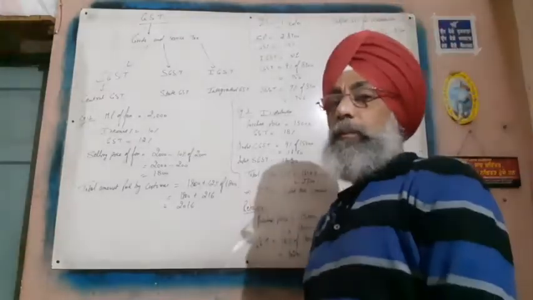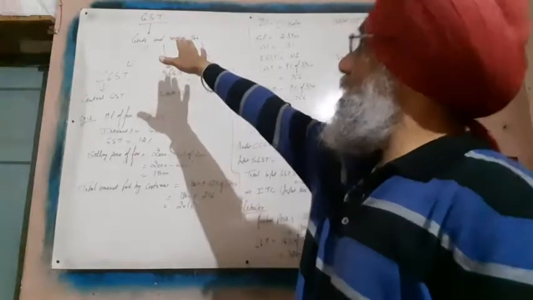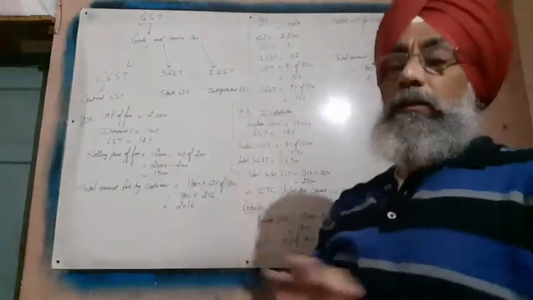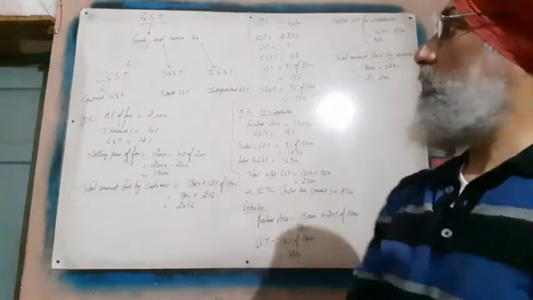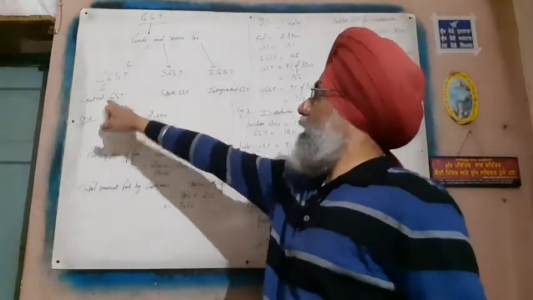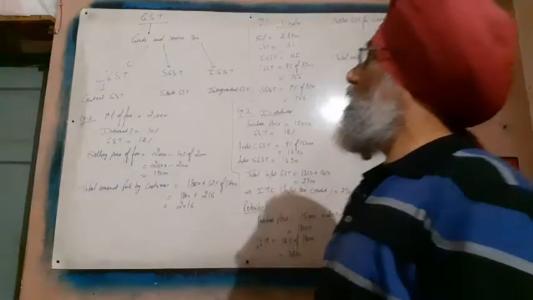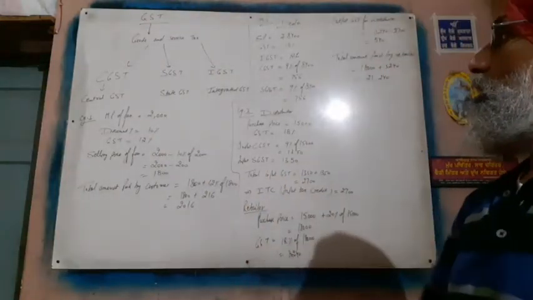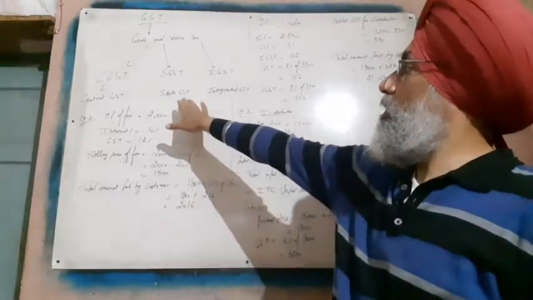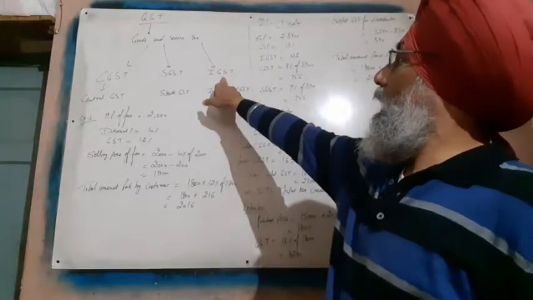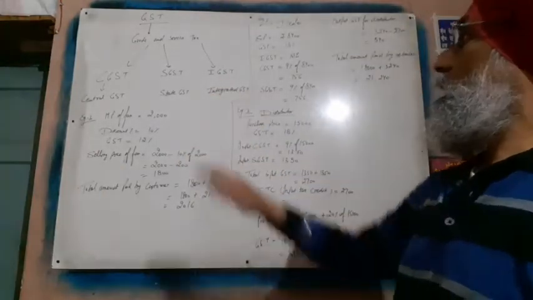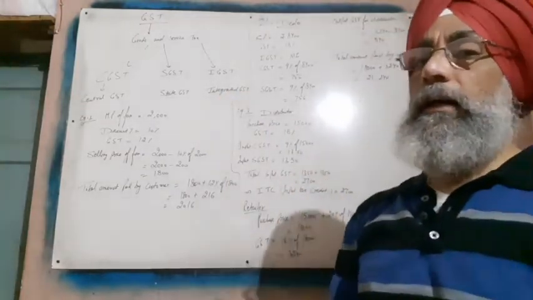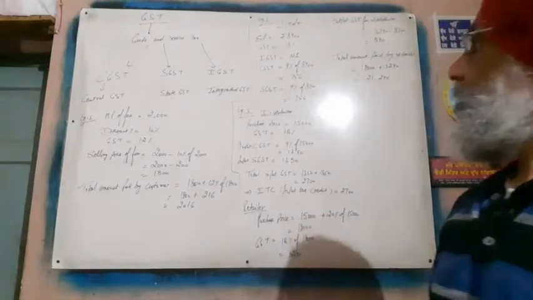We start with the topic GST. Now, what is GST? GST means Goods and Service Tax. It is divided into different categories. The first one is the CGST, that is the Central GST, means Central Goods and Service Tax, the tax which we pay to the center. Then is the SGST, that is the State GST. IGST is Integrated GST. Integrated GST is applied when we sell any item from one state to another state.